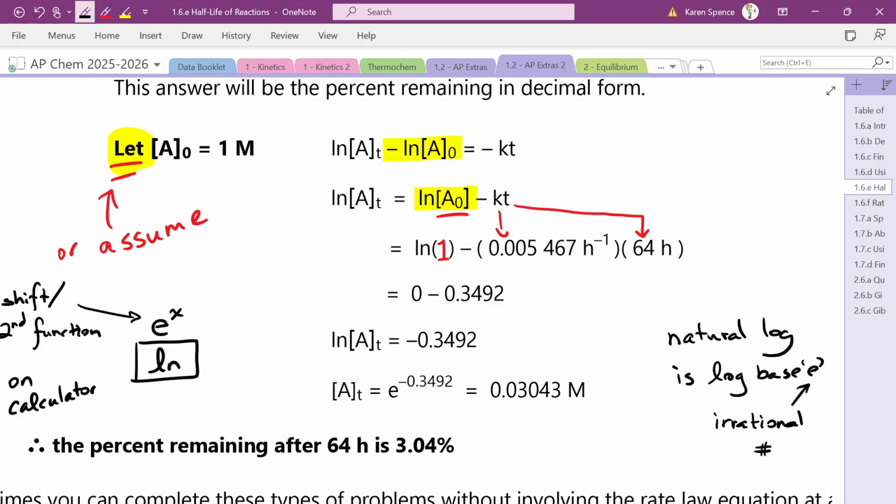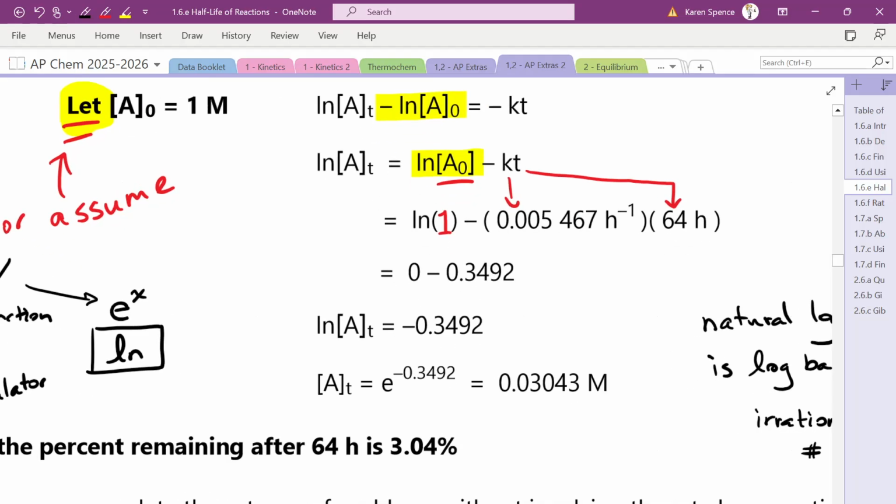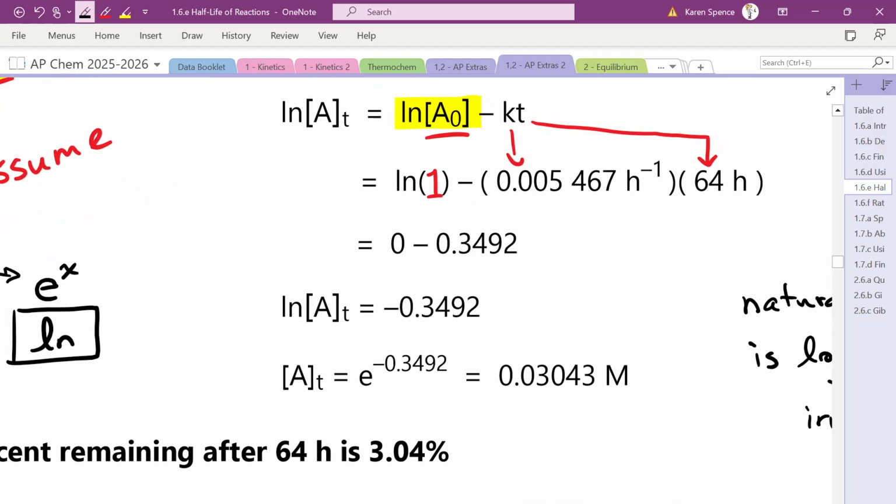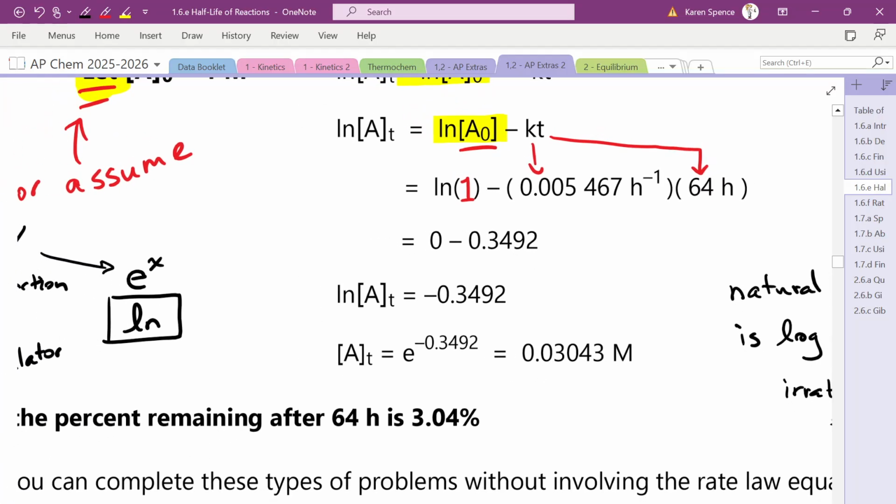All you need to know is that if you want to take the opposite of the natural log, it tells you what to do on your calculator, right? And so to undo a natural log, I am going to take e to the negative 0.3492. Yes? So that's all you do, and Bob's your uncle. You get 0.03043 molar, which is, in other words, if we started with 1 molar,